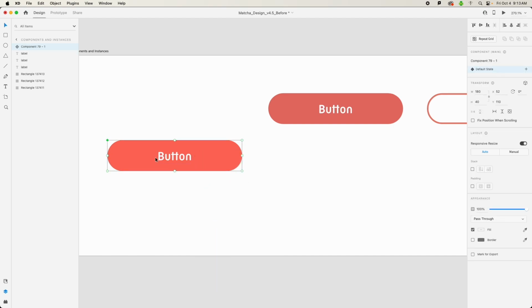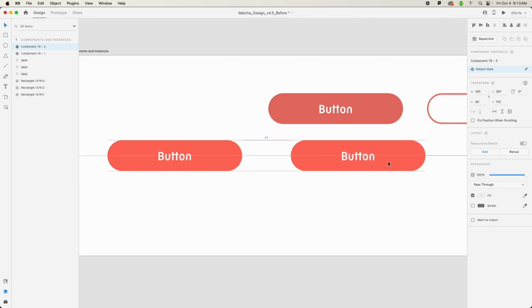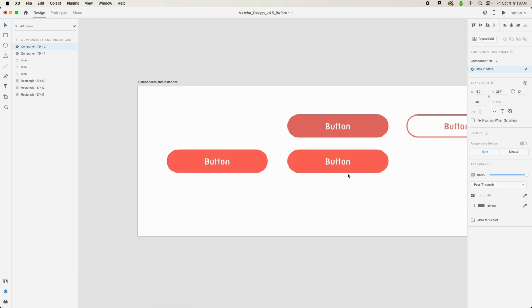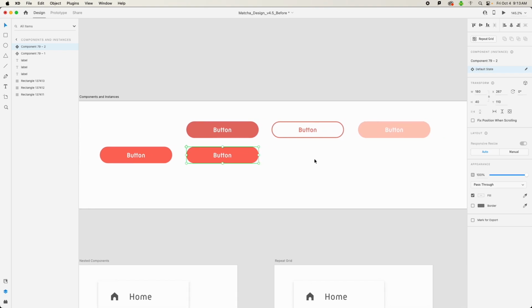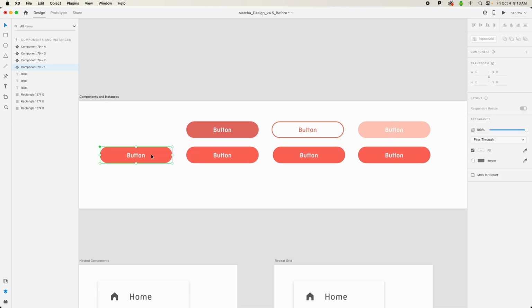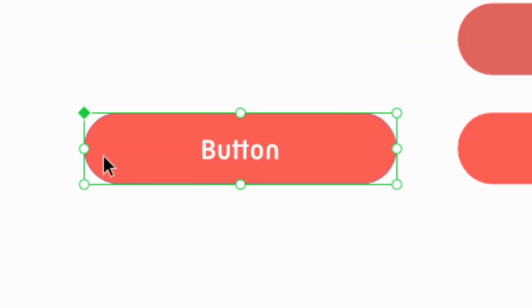Now, as I do that, I'm going to make copies here. So notice that when you create a component, it gets a solid green,